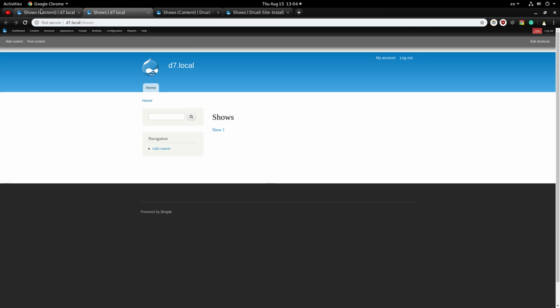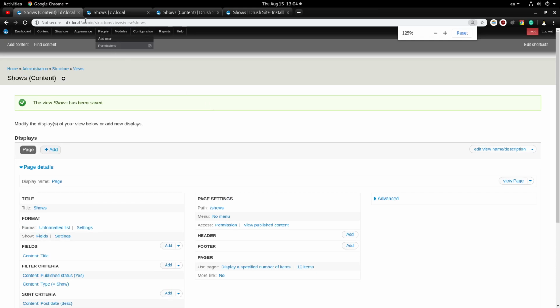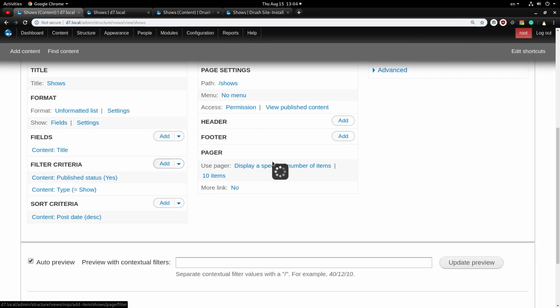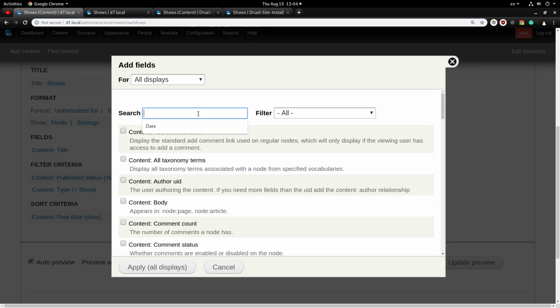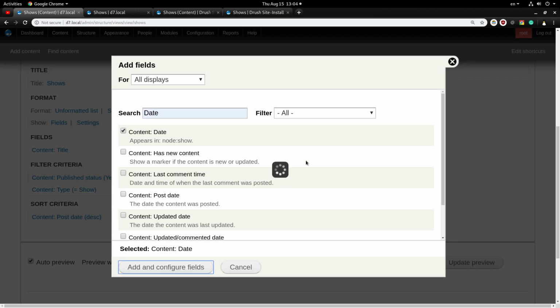Now let's suppose that we want to add, let's say, the start date of the datetime range field. So we come here for the Drupal 7 site and we go to the fields and we click add and we will search for the date. Here is the field, appears in node show. This is our field, our content type. So we click on this, apply,